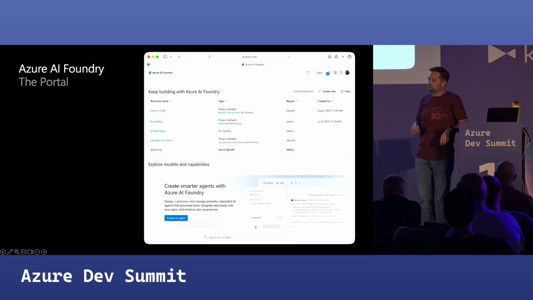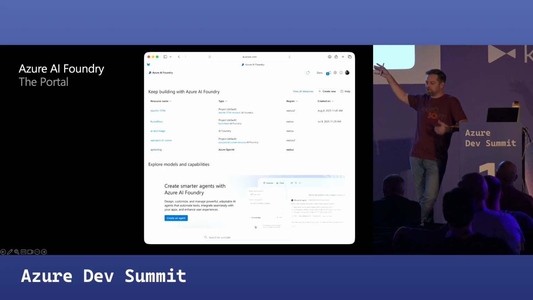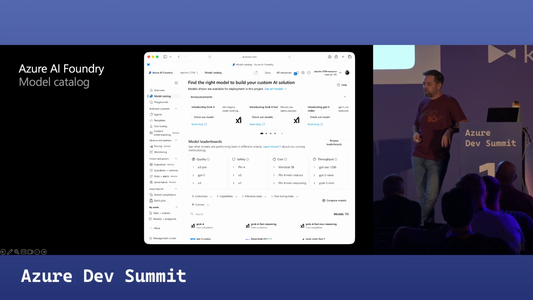All right, so this is basically all my resource deployments, okay? I don't know why I have so many. I think I only intended to have one, but because I work for Microsoft, I also inherit things that are part of my group or whatever. So probably if it's just your company or just you as an individual, this is a lot cleaner. But I pretty much just have the one where I'm going to host and play with my models and things like that. Really cool part, you've probably seen this in other presentations, is the model catalog.